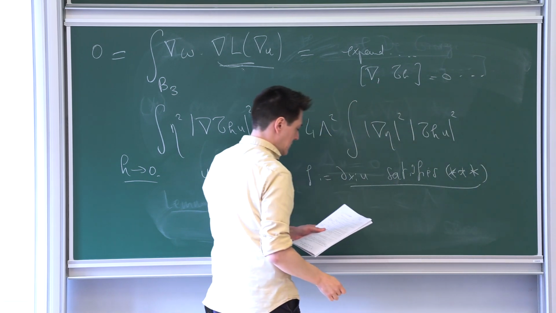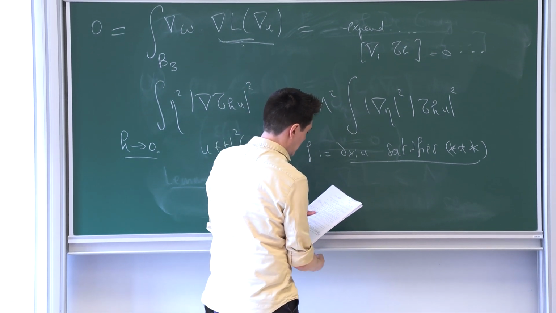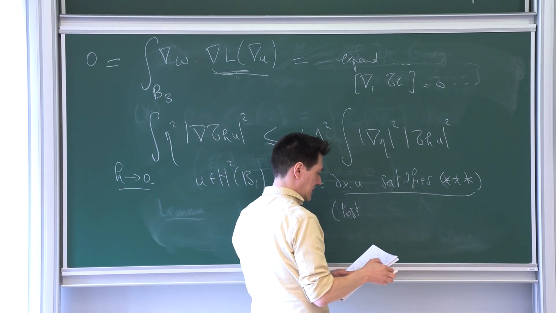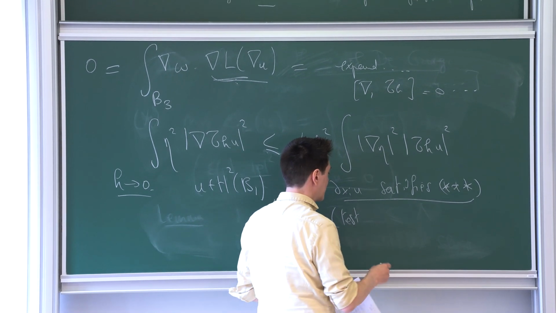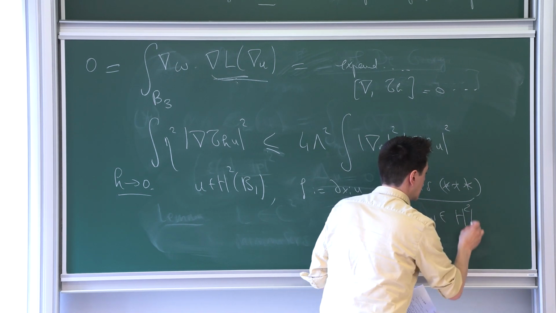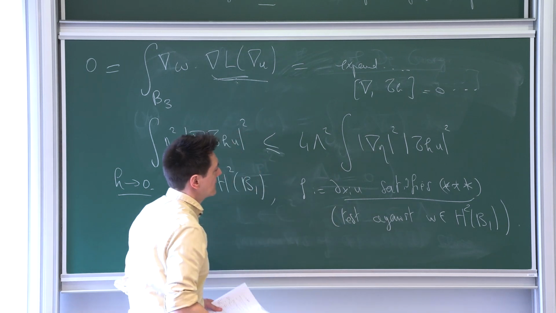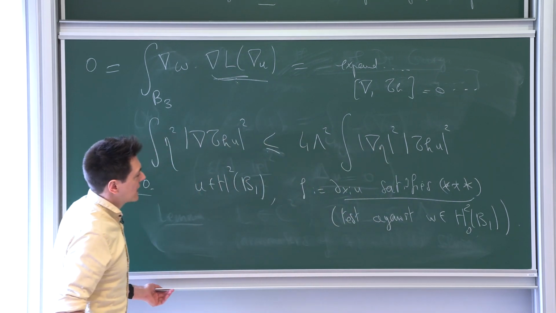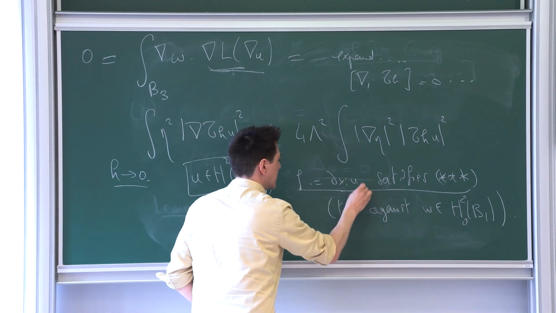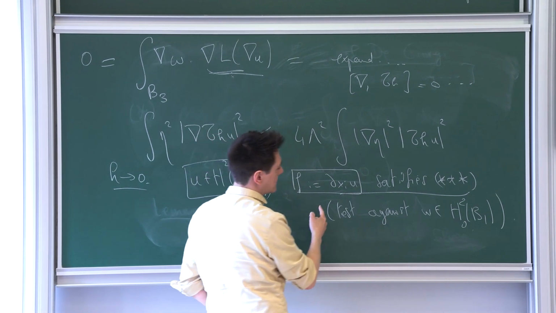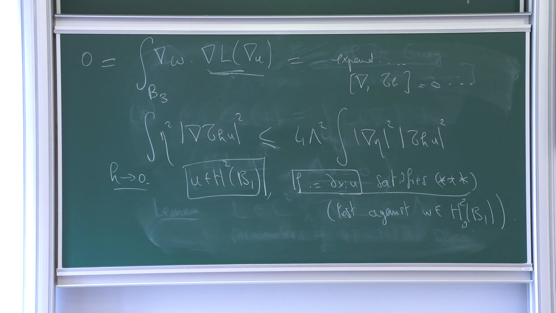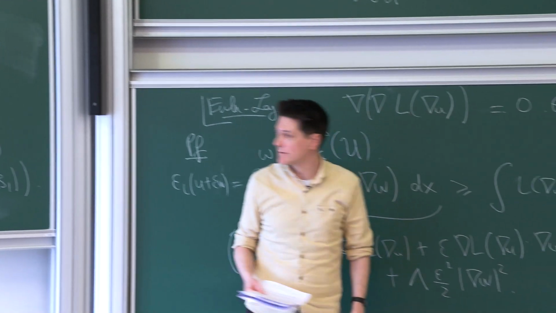Actually, to prove this second part, you just test the equation against any W in H2, 0 of B1. Okay, so that's all. That's what I showed. What I showed here implies the H2. Once you know U is H2, you can define properly that function in L2. And then it's just a matter of reintegrating against the test function to prove that what you would have done formally if everything was C infinity is still valid for this generalized derivative. Okay, so